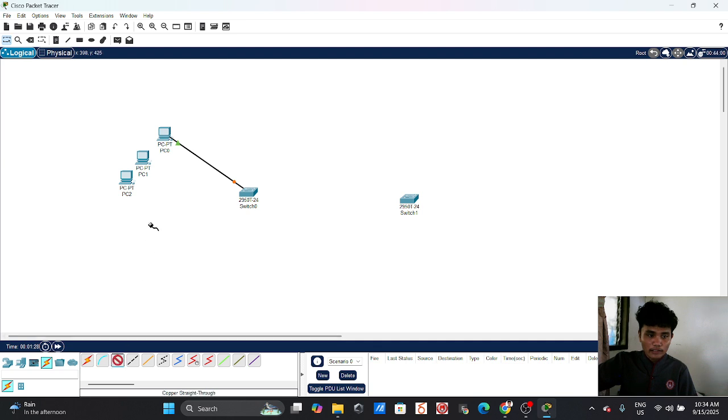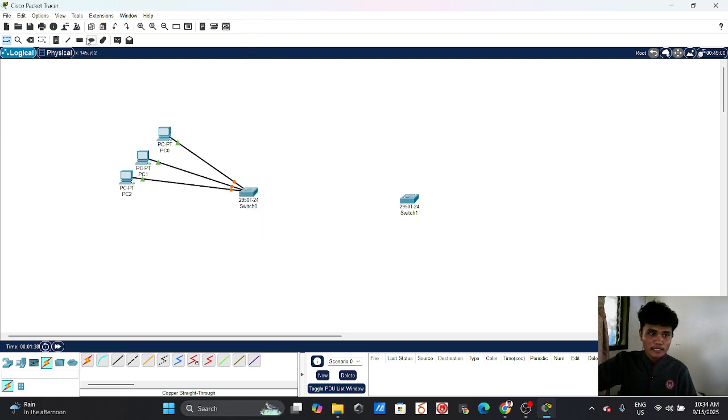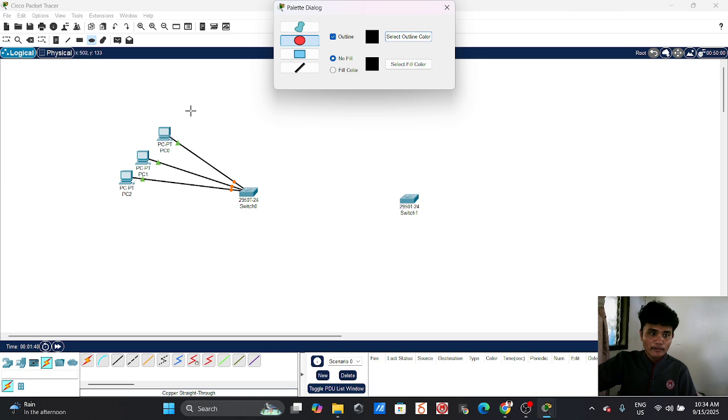Ethernet 1, fast Ethernet 2, and then fast Ethernet 3. So this is our VLAN 1.